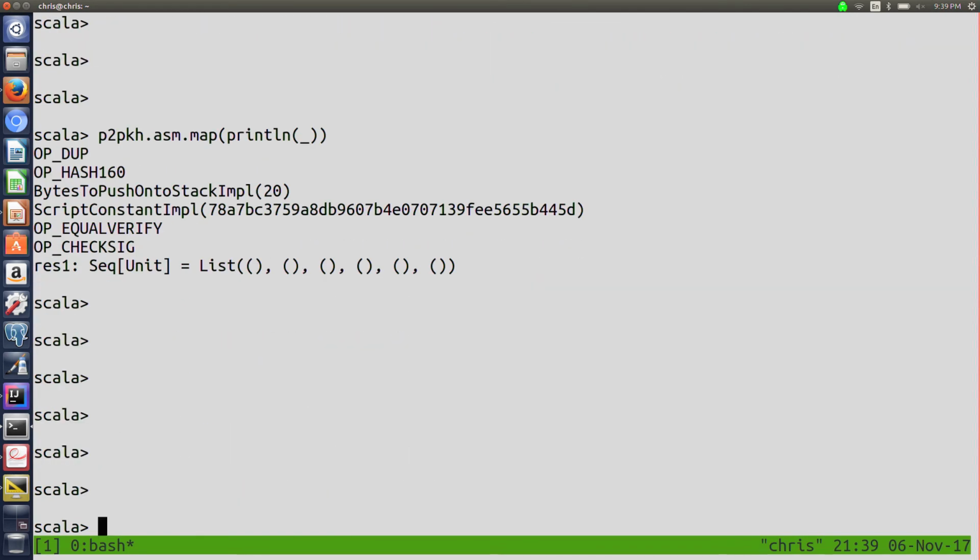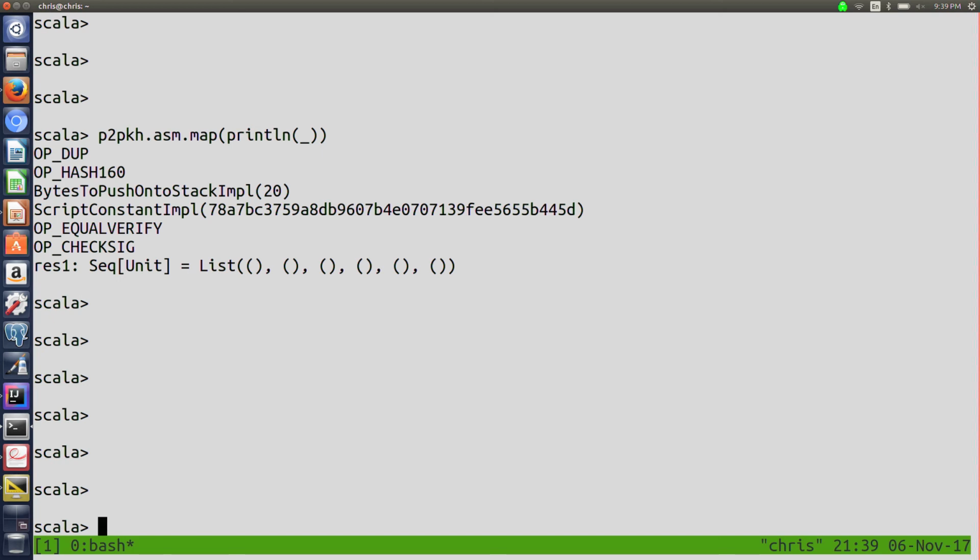So here is the contract. You still need to sign the transaction with a private key that corresponds to that public key we had before, but there are a few other things you need to satisfy. Namely, you need to provide something on the stack that hashes to this value right here.